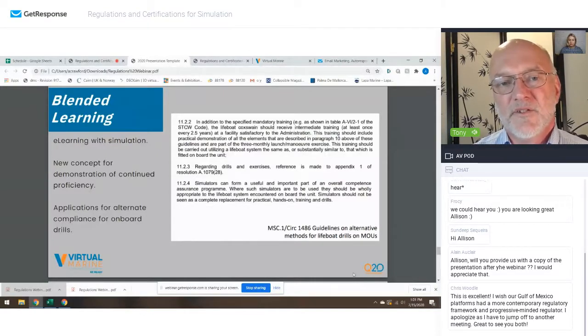That unit that I showed you with the VR integrated into the e-learning program is a program which meets a large portion of the intermediate training. So there's an example of how blended learning being used in the worksite is starting to work, with a blend of e-learning, simulation, and actually using equipment on board the rig. And they're being able to knock off the requirement to maintain competence in launching boats. Next one.